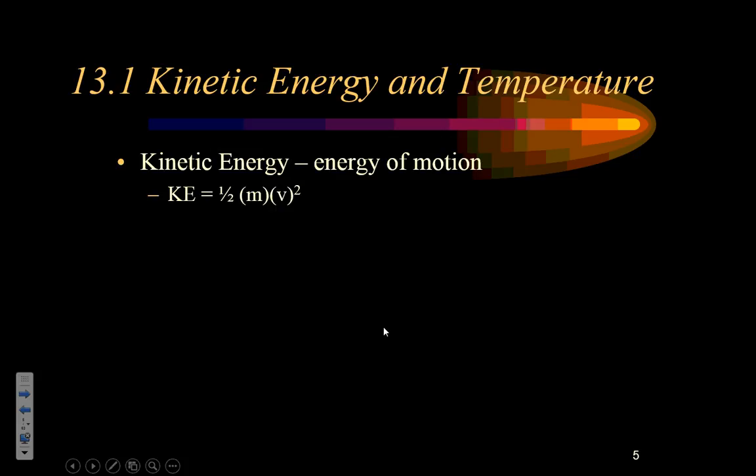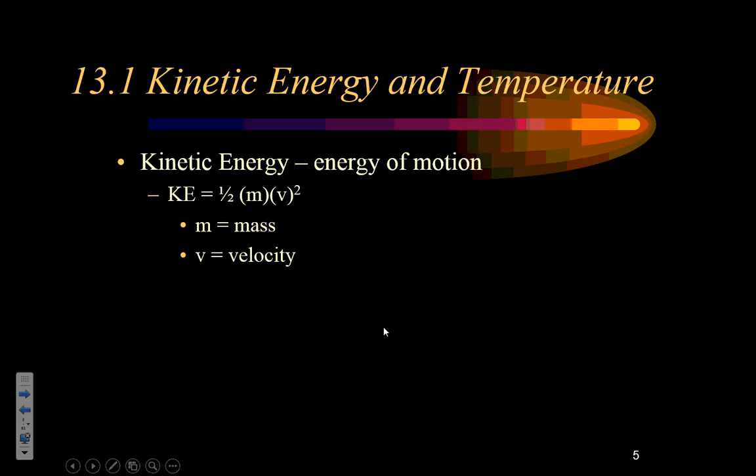Well, what is kinetic energy? It's the equation 1/2 mv squared, where m is the mass and v is the velocity. Now, we're not actually going to do calculations, but in order to understand kinetic energy changes, you need to understand the variables that make it up. In the case of mass, normally we're looking at an object that we're heating up or cooling down, so its mass doesn't change. In many situations the mass is going to be constant, but that doesn't mean the velocity is constant.